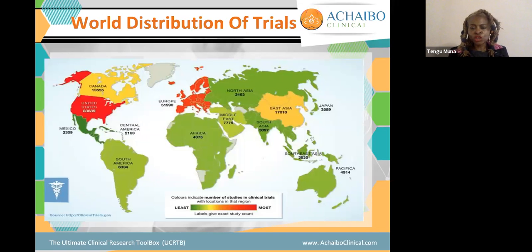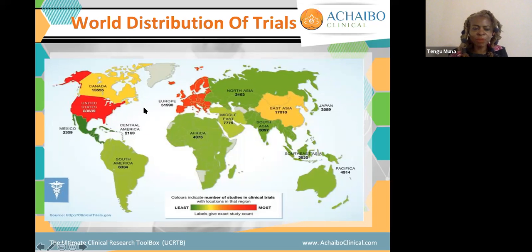Now, this is the world distribution of trials. And as you can see, if you look at the emerging markets, there's all this green. It just means that they don't have a lot of clinical trials that they're running. And I have basically managed trials all over the globe, from the US to everywhere. I'm in situations where I'm doing a 9 p.m. call with Japan, and then I'm getting up at 5 to do another call. It can be very interesting.